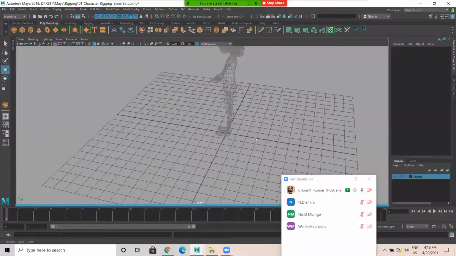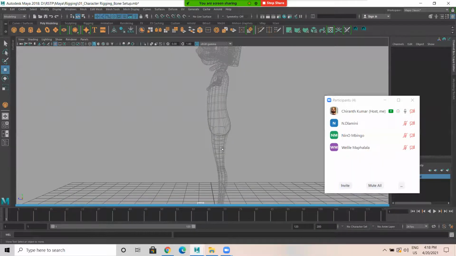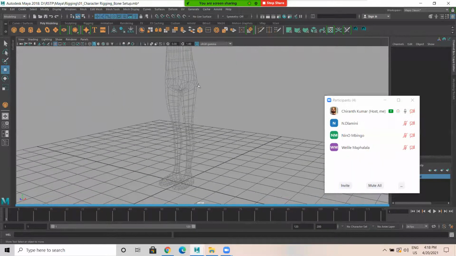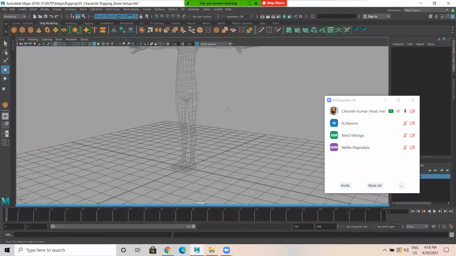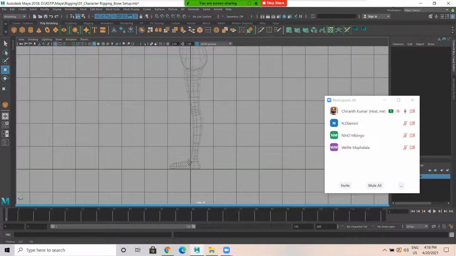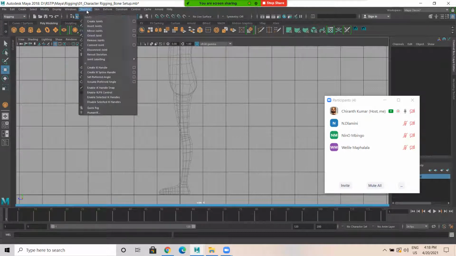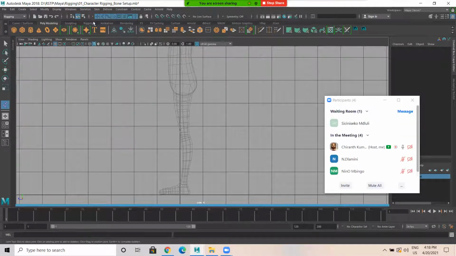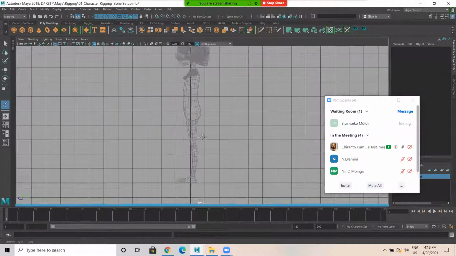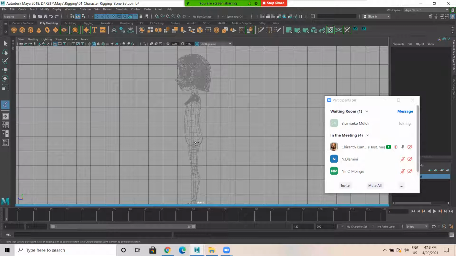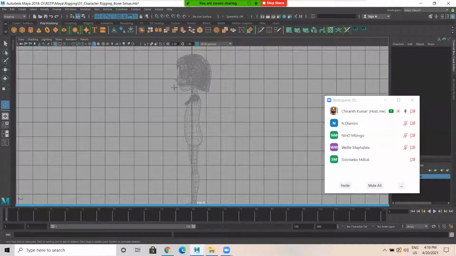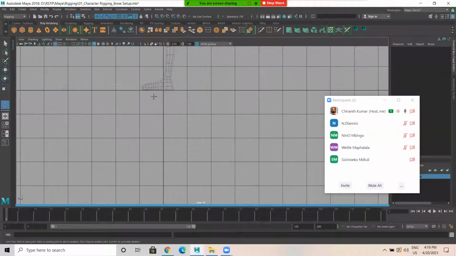Okay, so the next step is, once the model is everything clean, the joint setup we start for the leg part first. Okay, so this is the thigh, knee, ankle, ball, toe. So now go to rigging, skeleton, create joint. In today's session, we'll set up only the joints. Okay, it takes some time. We have to create joint setup, hand joint setup, the spine, neck, head part. Okay, all these joints we have to set.